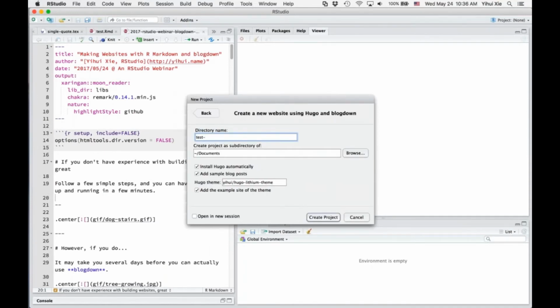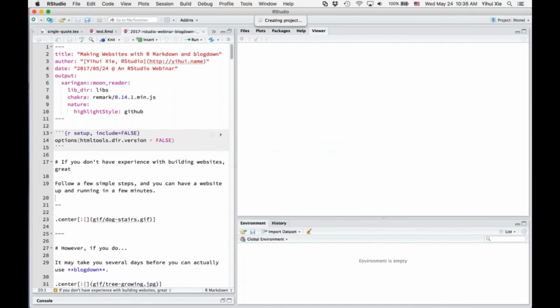Now I'm creating a website under a new directory, let's say test-ghost. And here in this Hugo theme field, I changed the default theme to the Ghostwriter theme. I will open the project in a new session, create project,